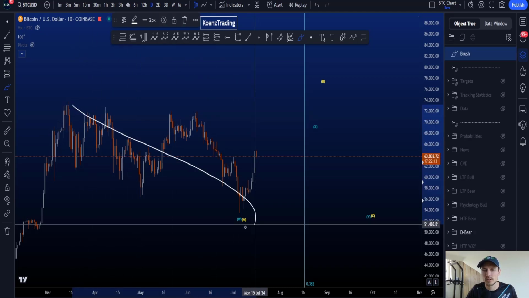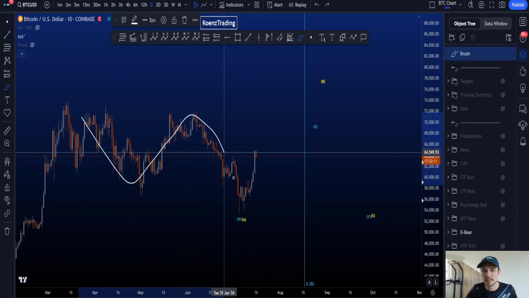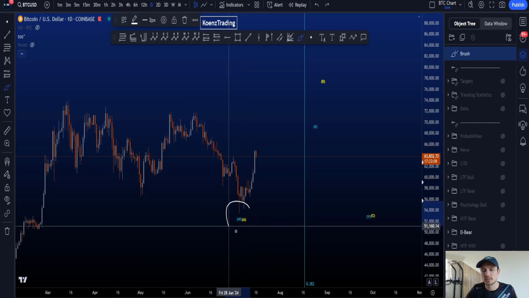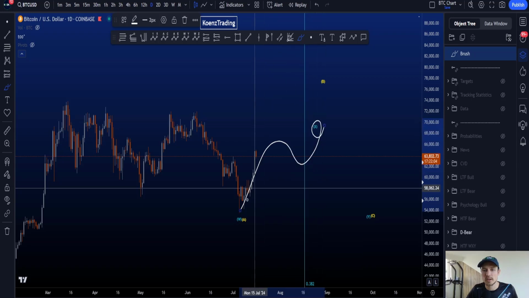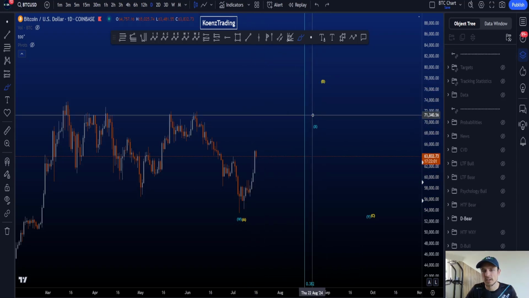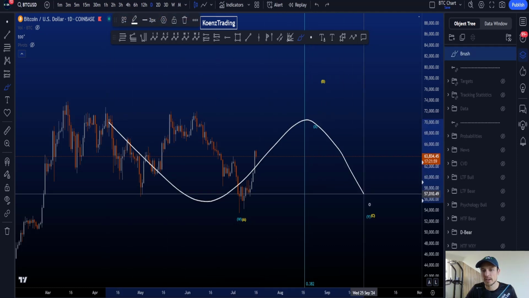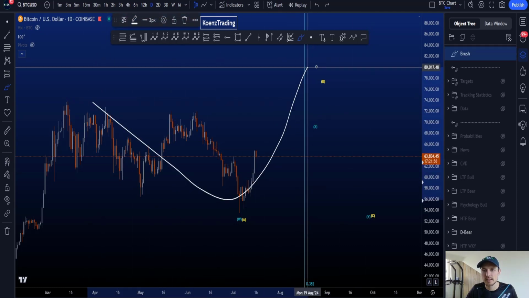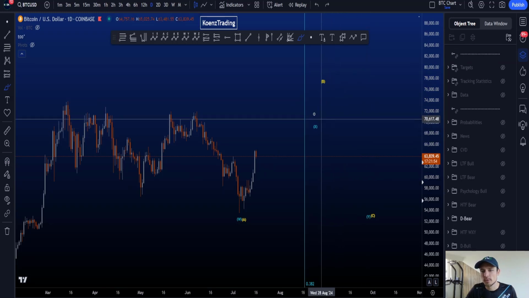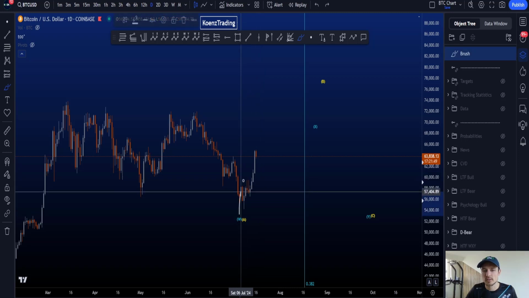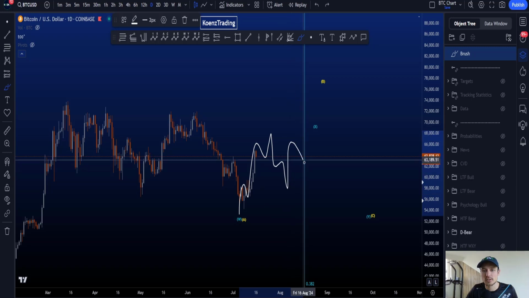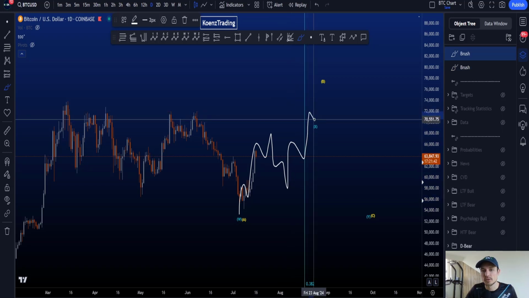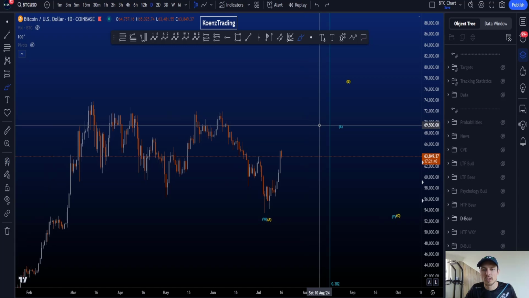So then this first structure to the downside in a zigzag A, B, C is labeled as a wave W or a wave A, and then we're looking for a wave X to the upside or a wave B to the upside. Now, in both cases, in a WXY as well as a flat A, B, C, most commonly wave X and wave B are zigzag structures, which means you would count a 5-wave impulsive move to the upside, look for a 3-wave corrective structure, and another 5-wave move towards the upside to then finish wave X or wave